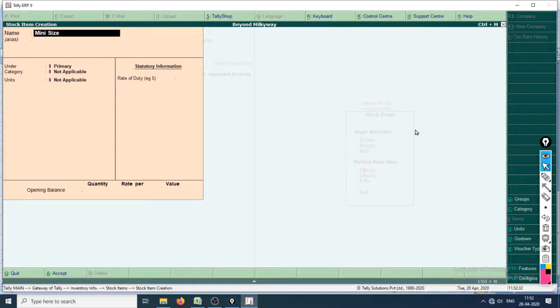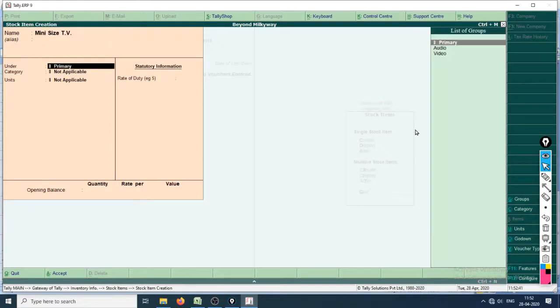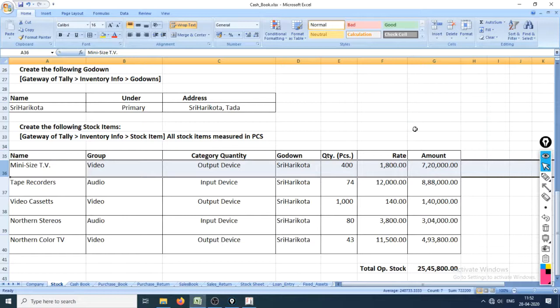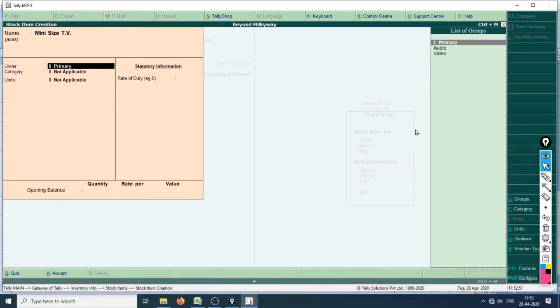So the first one is Mini size TV. Okay, enter, enter. Now, as you can see, it will ask you all these details. The previous stock items that we created, these details were inactive. Hence, as you have made and entered all these categories, groups, and units, it will ask you.